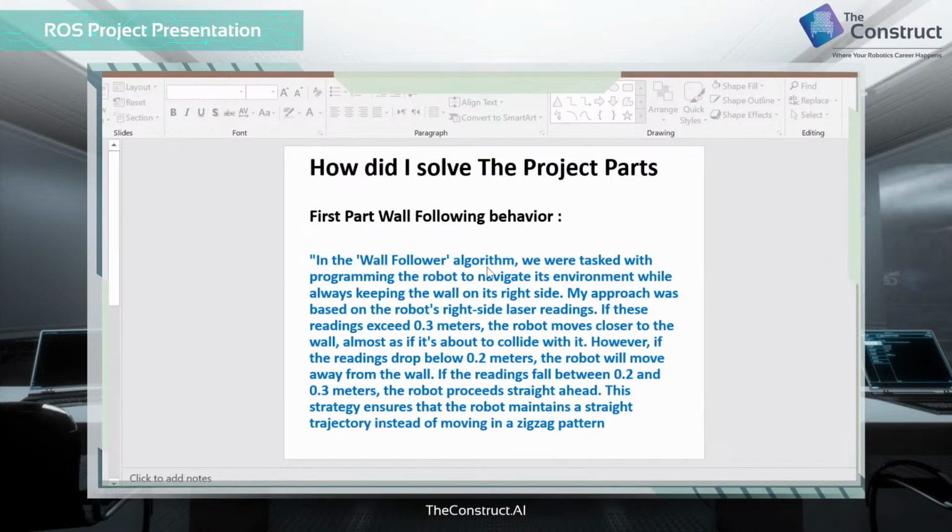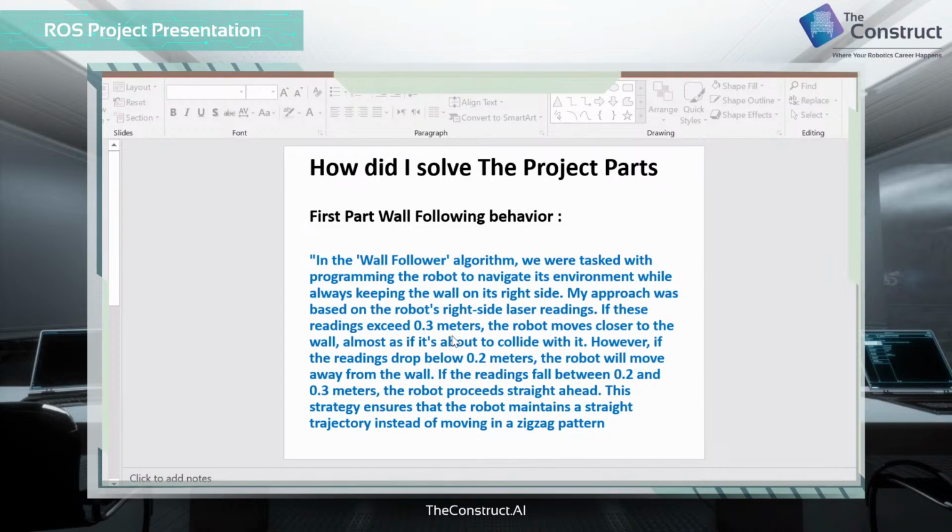In the wall following algorithm, we were tasked with programming the robot to navigate its environment while always keeping the wall on its right side. My approach was based on the robot's right side laser readings. If these readings exceed 0.3 meters,